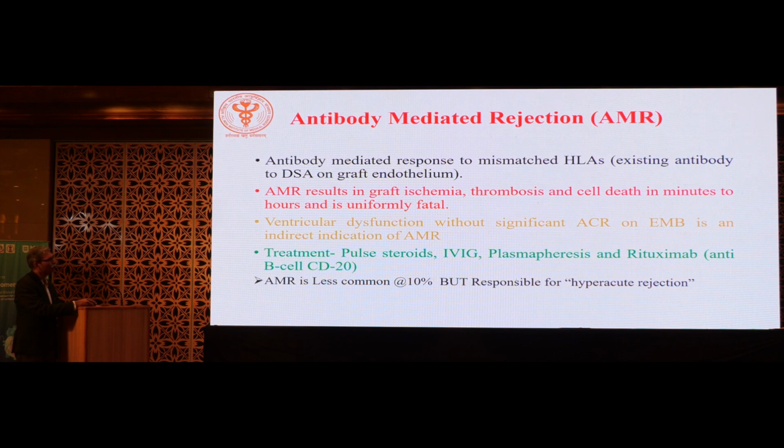Ventricular dysfunction without significant ACR: suppose you by chance get a chance to do a biopsy, you will find there are no features of ACR. It is an indirect indication that an antibody mediated rejection is happening. As far as treatment is concerned, again, pulse steroid is the principal therapy. Immediately we start. Then other things like intravenous immunoglobulin and plasmapheresis will be